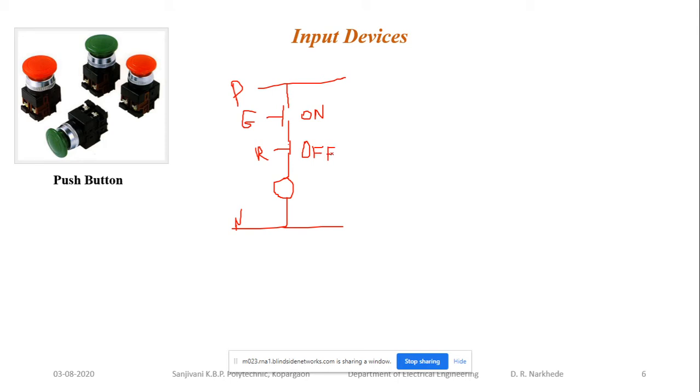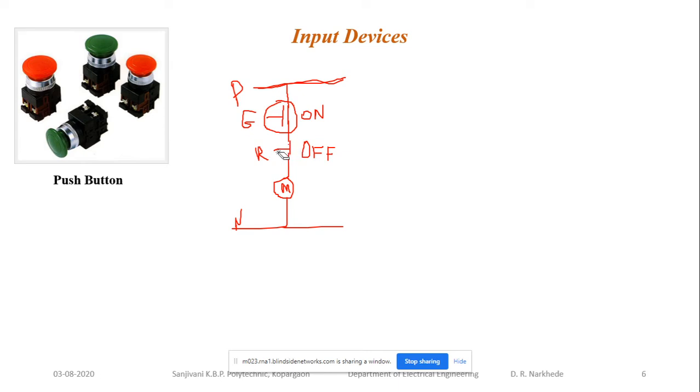What is the working of this system? When supply is connected to this phase wire, now when this on push button is pressed, at that time the current will flow through phase to the on push button. Once you have pressed the on push button, this circuit is closed. Once this circuit closes, the current will flow through this one. When my current flows through this one, the device, whether it is a motor or a contactor, is going to be energized, and this is the return path. Now the machine is in working stage. Machine is in running condition.